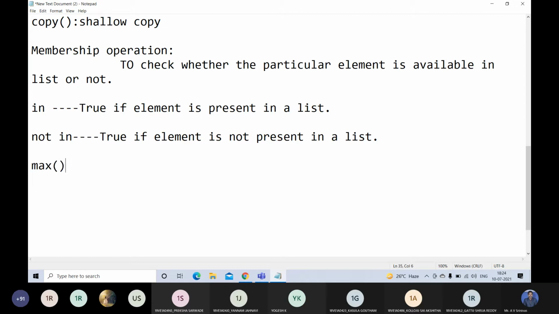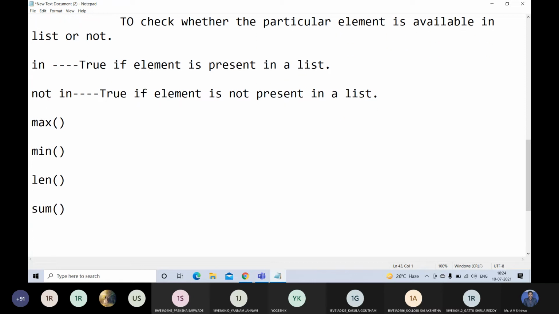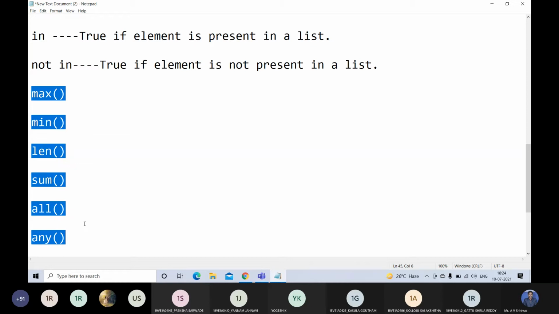And there are some built-in functions: max, min, len, sum, and what we call all and any. All these functions are available in almost all data structures like lists, tuples, sets, and dictionaries.